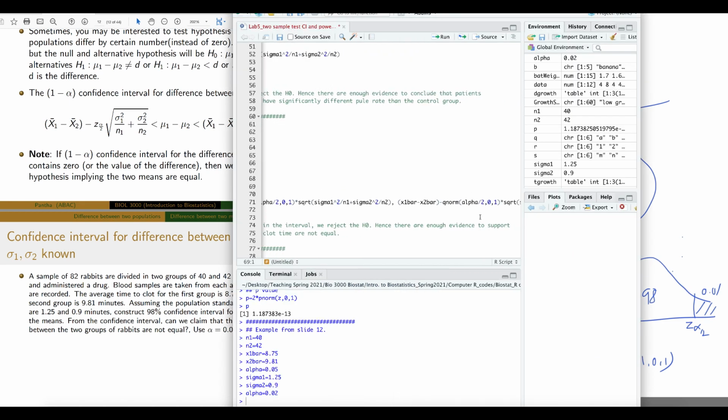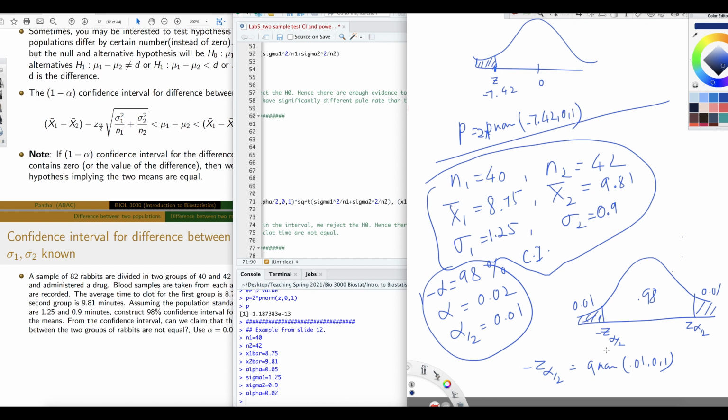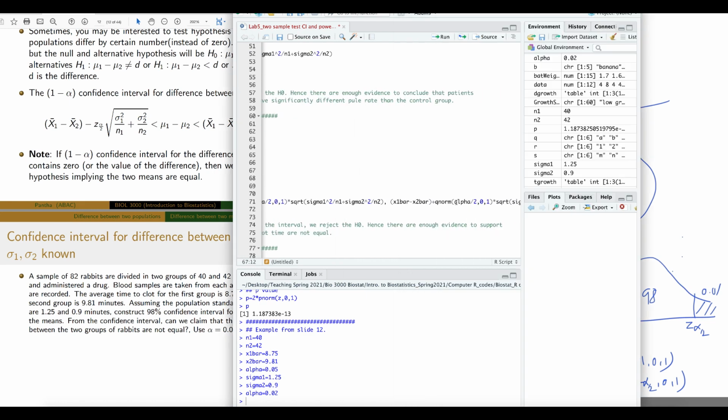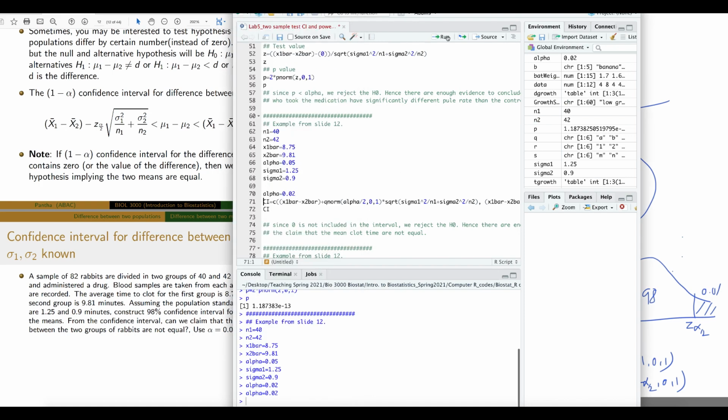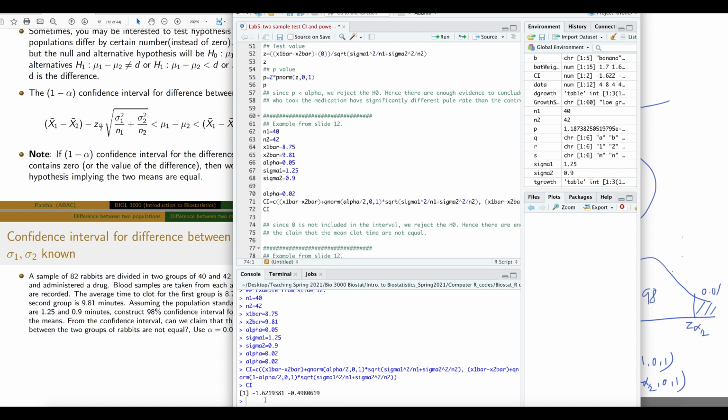So what you can do is, you can write plus and then the area. What is the value of positive z alpha half? Positive z alpha half equals qnorm and then 0.99. That is 0.99, which means 1 minus alpha half, right? 1 minus alpha half and then 0 comma 1. You can do that and write down plus here and then 1 minus alpha half. And then the other terms are under the root, sigma 1 squared over n1, sigma 2 squared over n2. Let me find that. I ran that alpha half already. If I do that, I got negative